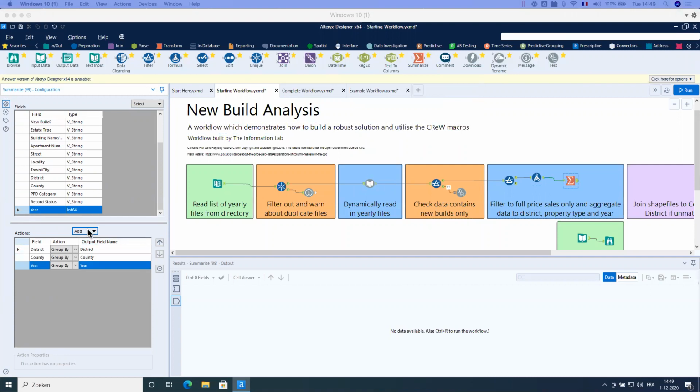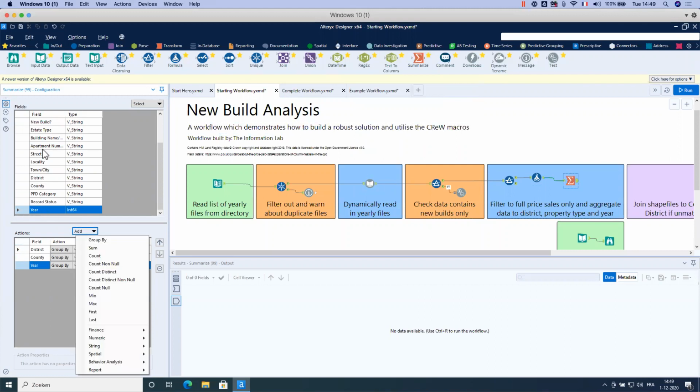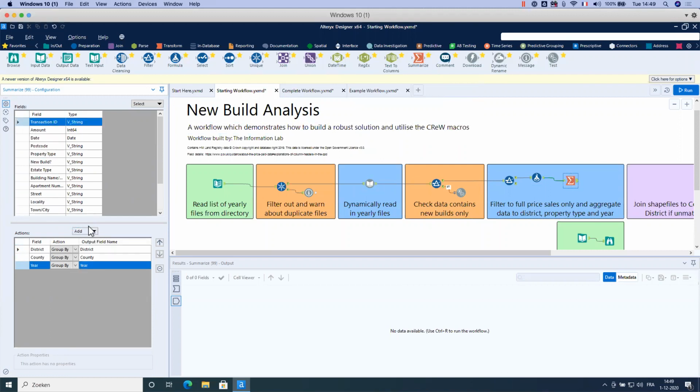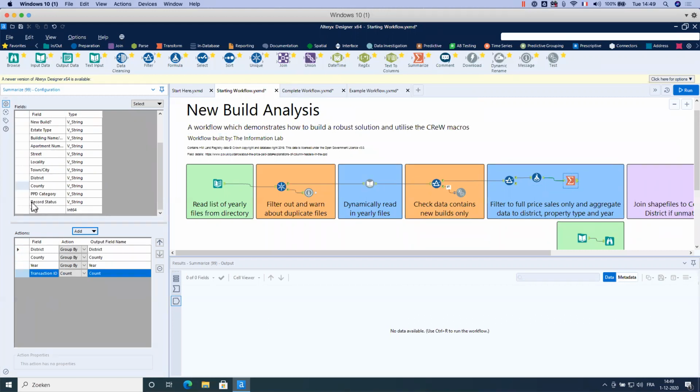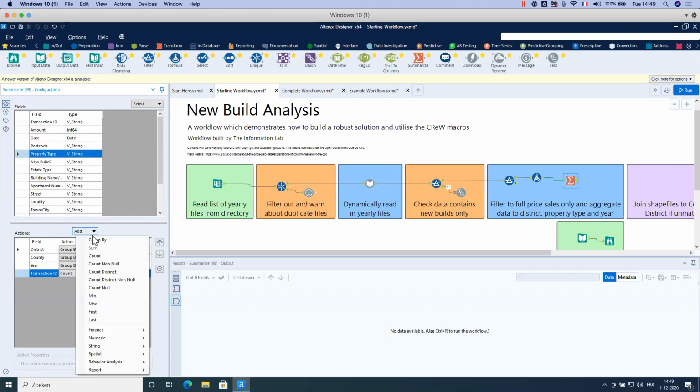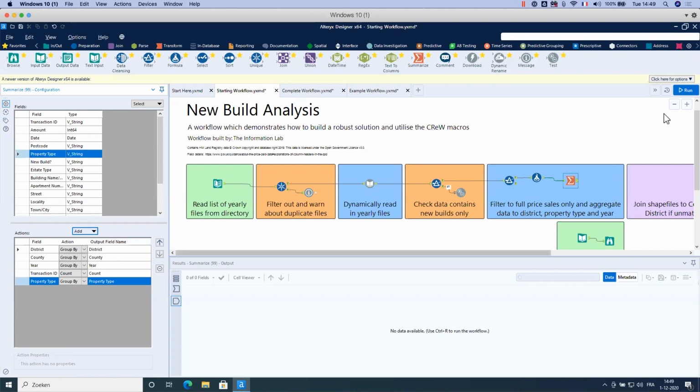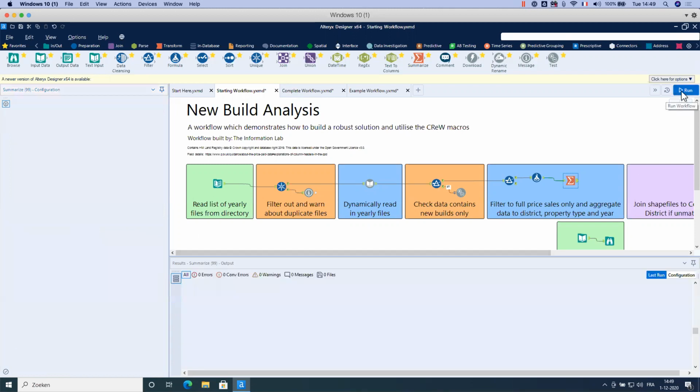Need to also count the number of transactions. So let me select transaction ID and count. And also I need to group by property type. So I run it.